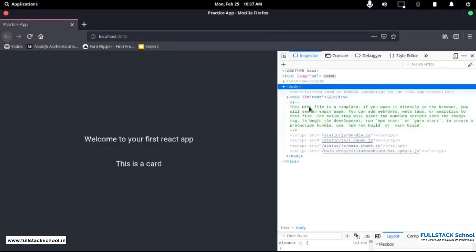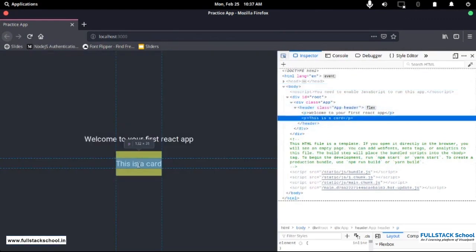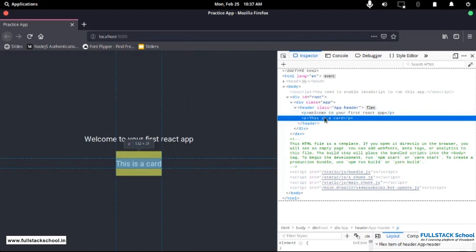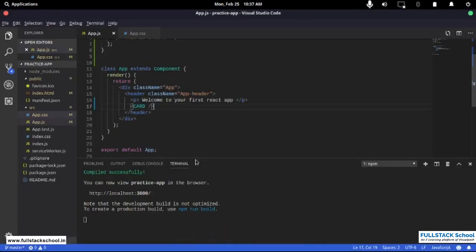I am in my developer tools, and if I go to this and press this, you can clearly see inside the header there is a class called app header. Then there is this HTML that we wrote as paragraph. Then there is this paragraph, but we didn't write this paragraph here. We wrote this card thing. And this is actually the power of React that I talked to you about in the introduction, called component based